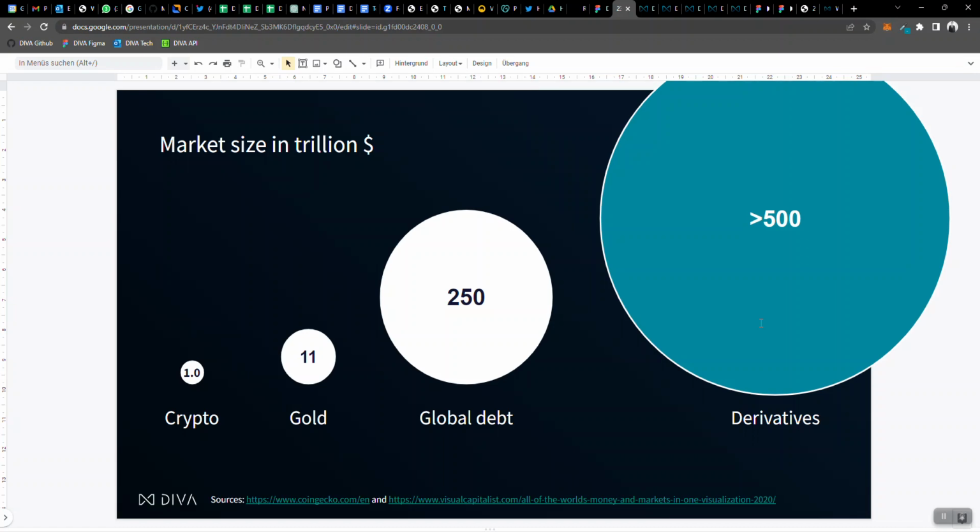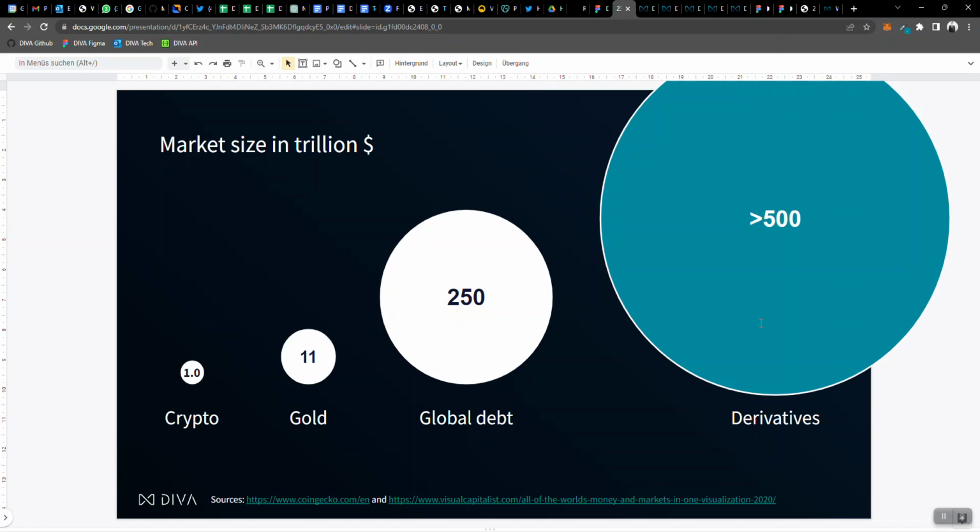So there's a huge opportunity in that space, which is not yet uncovered in crypto. Our goal with DIVA protocol is to capture 1 billion of that market, so 1 billion notional every year, which is a tiny percentage.